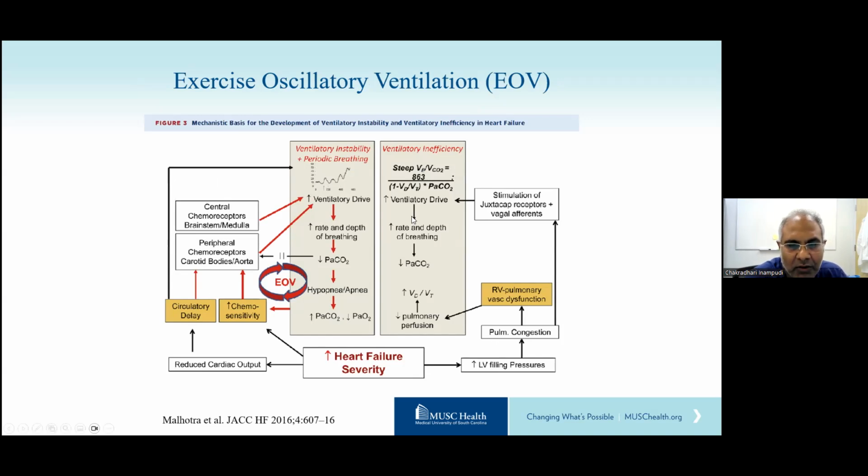In patients with heart failure, with increasing heart failure severity, there is an increase in LV pressures, ultimately leading to pulmonary congestion that leads to RV dysfunction. The increased pulmonary congestion leads to stimulation of juxtacapillary receptors, that is, an increase in ventilatory drive, that ultimately leads to an increase in rate and depth of breathing, and a subsequent increase in VD/VT. Similarly, the reduced cardiac output leads to circulatory delay and stimulation of the peripheral chemoreceptors in the carotid body, that stimulates the PaCO2. There's a decrease in PaCO2,